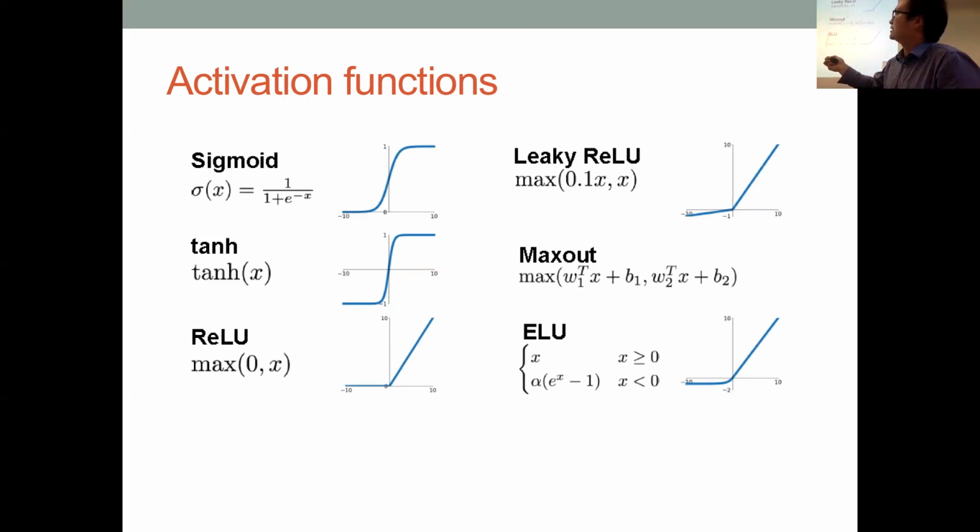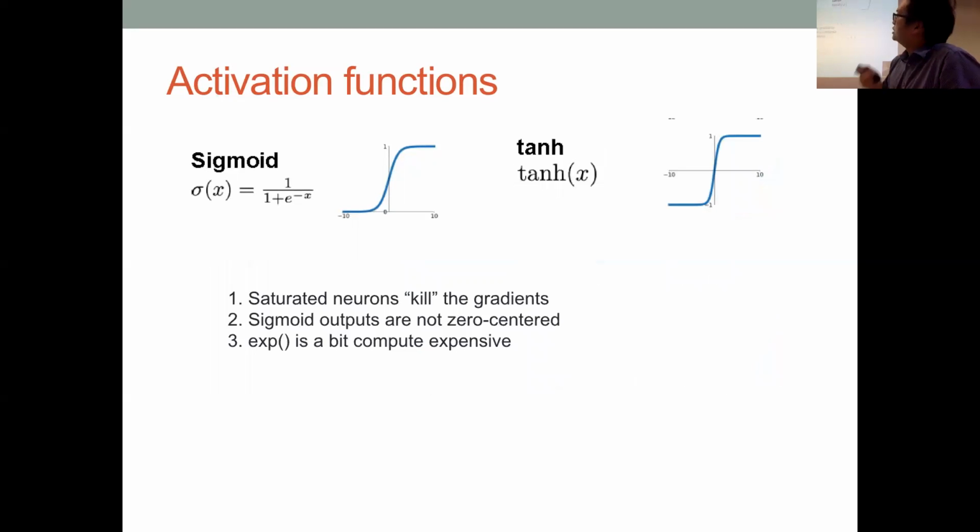Okay, so you have the linear combination, you just compare that to 0. If it's less than 0, then you set it to be 0. Otherwise, it's the combination itself. Then you have a tangent, you have a sigma, you have a leaky ReLU. So why would you need this? If you use the sigma function, then you are likely to run into some troubles